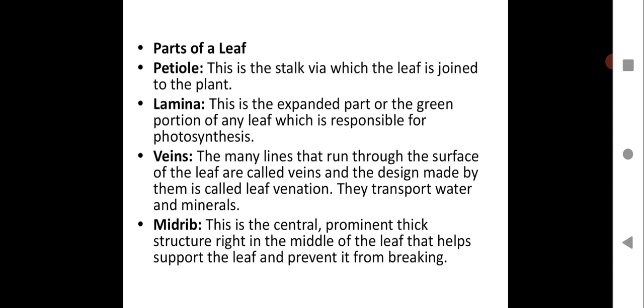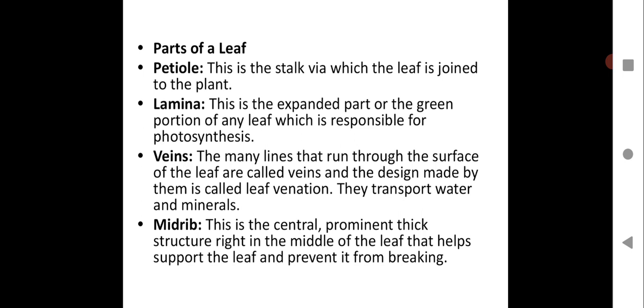Veins. The many lines that run through the surface of the leaf are called veins. You must have seen a leaf where you will see tiny structures running across the surface of the leaf. Those tiny structures, fine lines, are veins, as we have veins in our body. Similarly, the leaf shows veins, and the design made by them is called leaf venation.